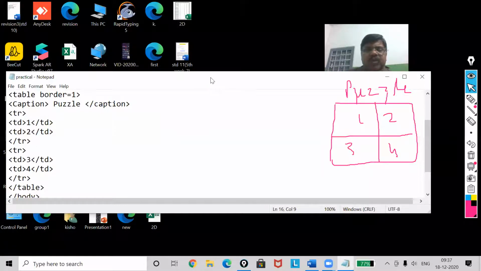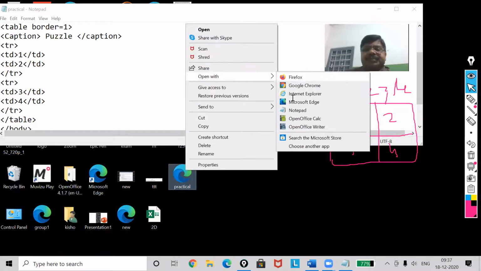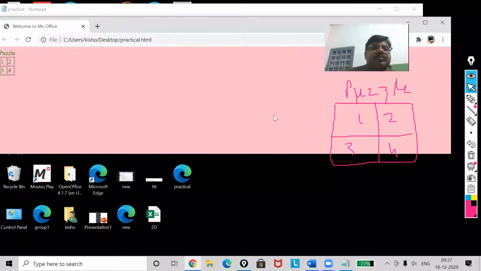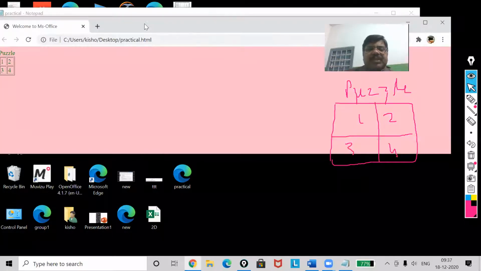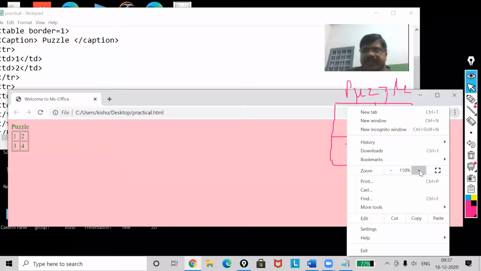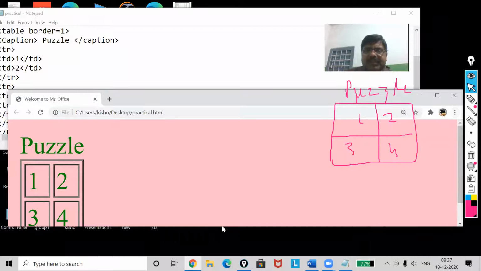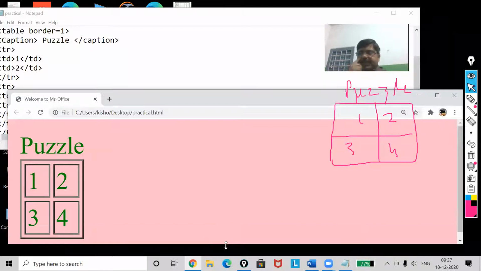Now I'm going to open this file. Now you can see, let me increase the size so that you can see nicely. Now it has come, my dear. You can see it has come.